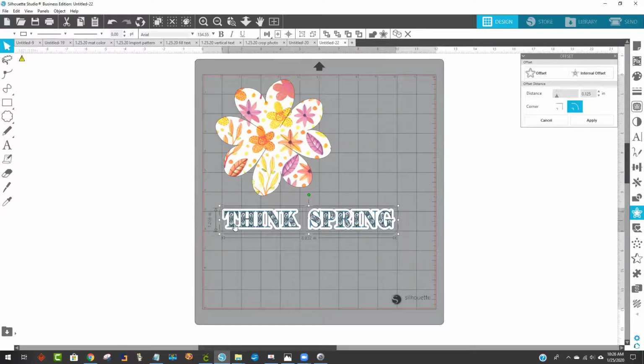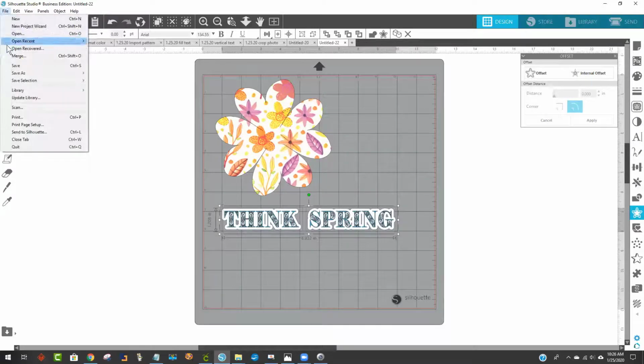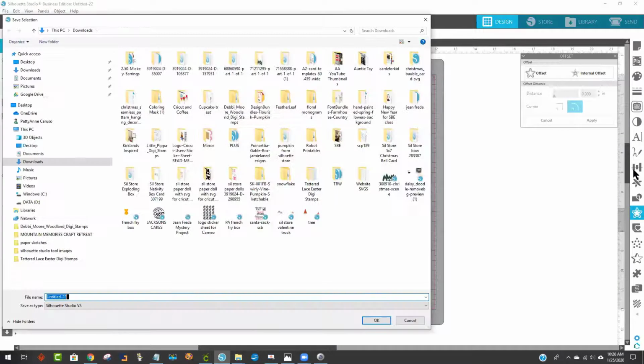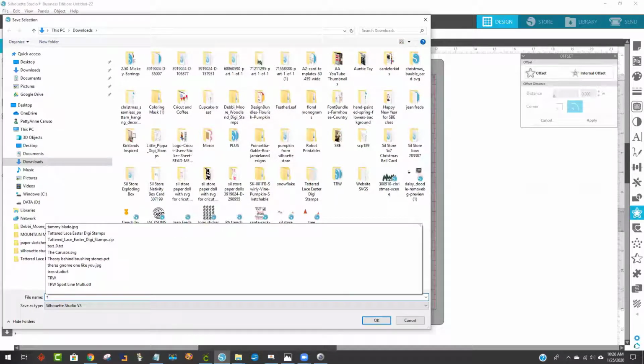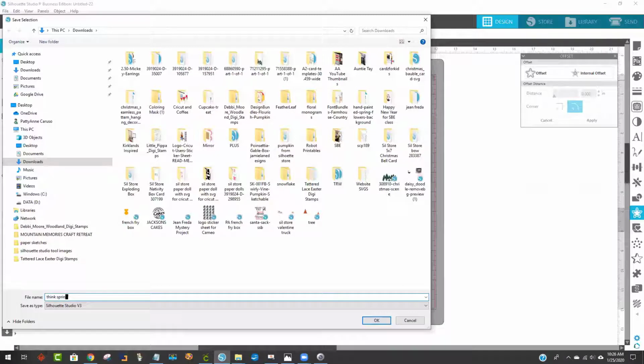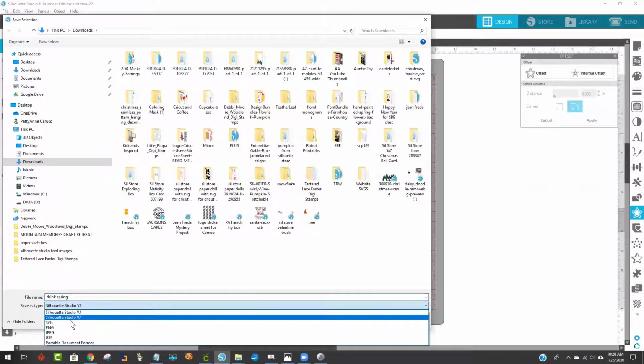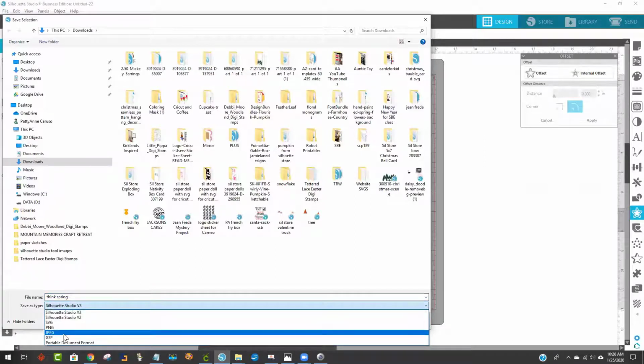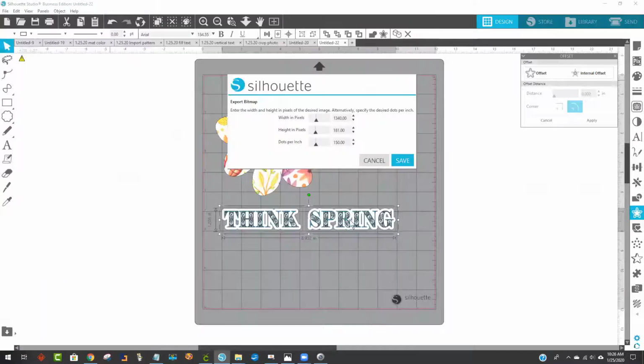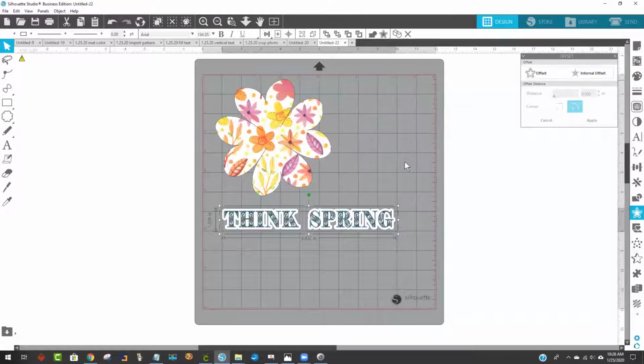So then I can right click or highlight this one, go File, Save As, Save Selection to hard drive, Think Spring. Okay. And I'm not going to save it as a Silhouette file. I'm going to save it as a JPEG for Cricut. Okay. Leave these all alone like I've always said in the past. And then go over to Cricut,